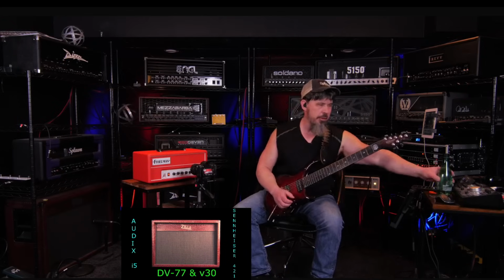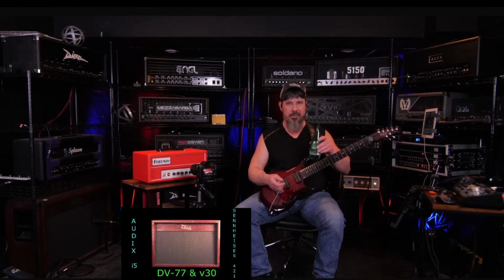All right, some pretty good options there, but I'm kind of favoring the Mesa cab. That's just kind of how I am. I always go back to that one. So for this amp, I'm favoring that, but now let's combine the cabs and/or speakers and see how they